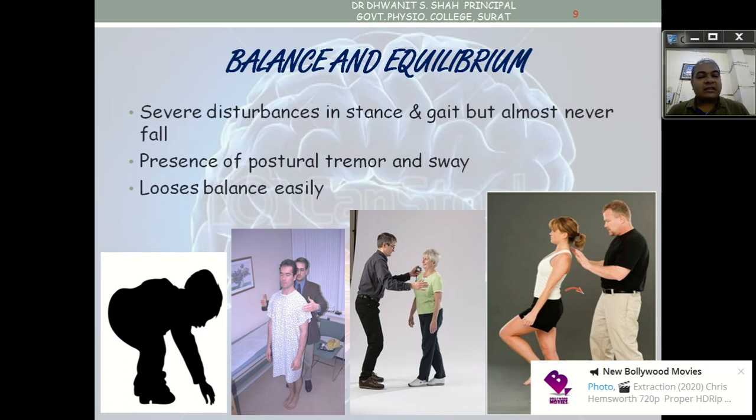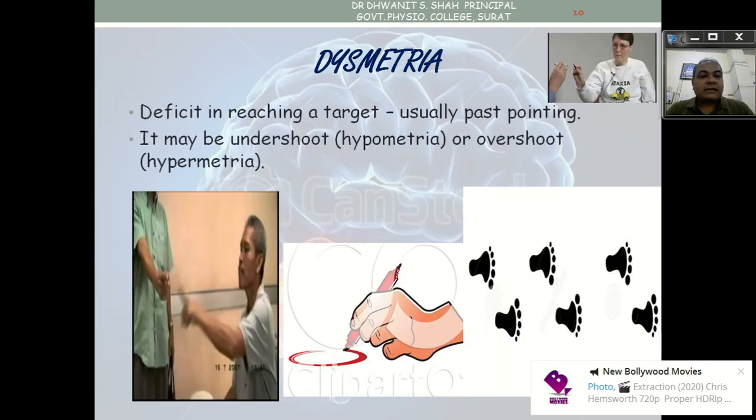You can also check this in two ways: by closing the eyes, making the patient take a static position and noticing any disturbances, and also with open eyes, telling the patient to maintain balance in one static position. These are two different types of tests. If the patient is not able to maintain balance even with open eyes, that is called cerebellar disequilibrium. The next is dysmetria.